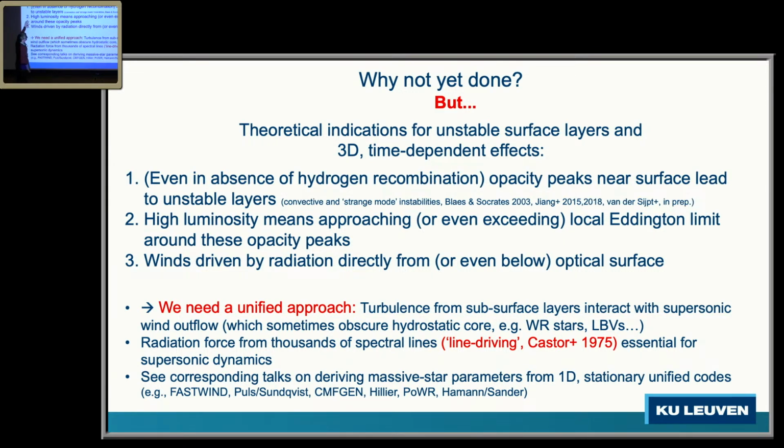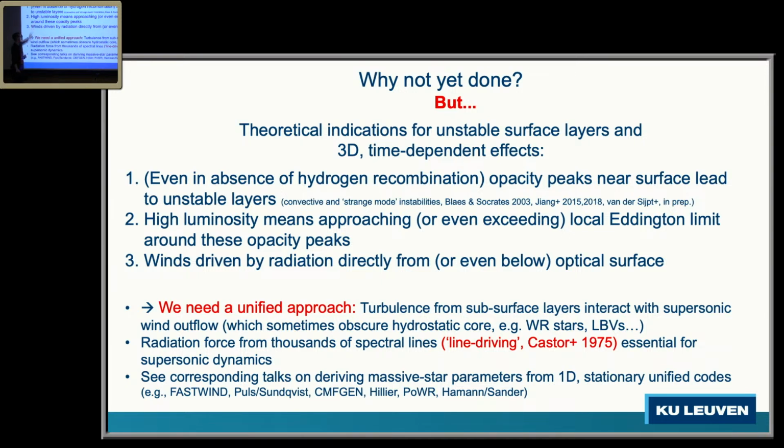Now, additionally, I want to mention this point: the high luminosity to mass ratio of these objects often means that even in the subsurface layers around 200,000 Kelvin, you exceed the Eddington limit. That's because even if you have the convective instability there, energy transport by convection, or really enthalpy, is quite inefficient, at maximum 10% more or less in typical O-star models. And this means that the radiative luminosity cannot be lowered by more. So the parcels are locally exceeding their Eddington limit. It's almost like you're driving failed wind outflows from these regions, which might then fall back or might be driven away by the above